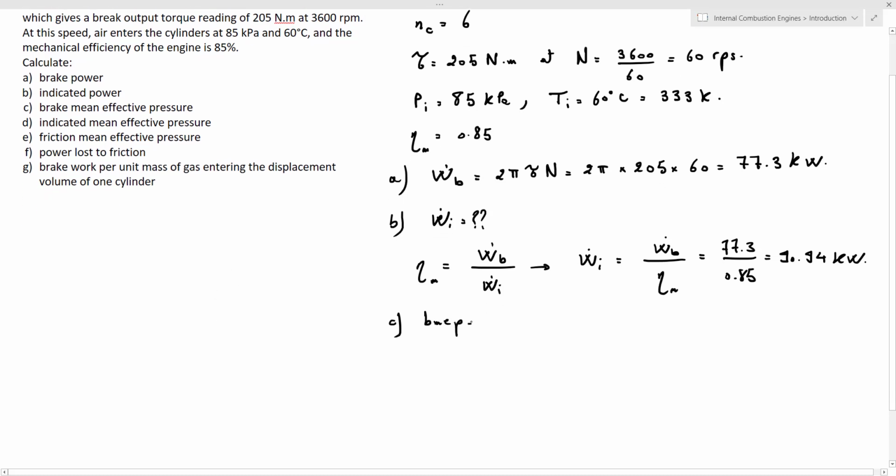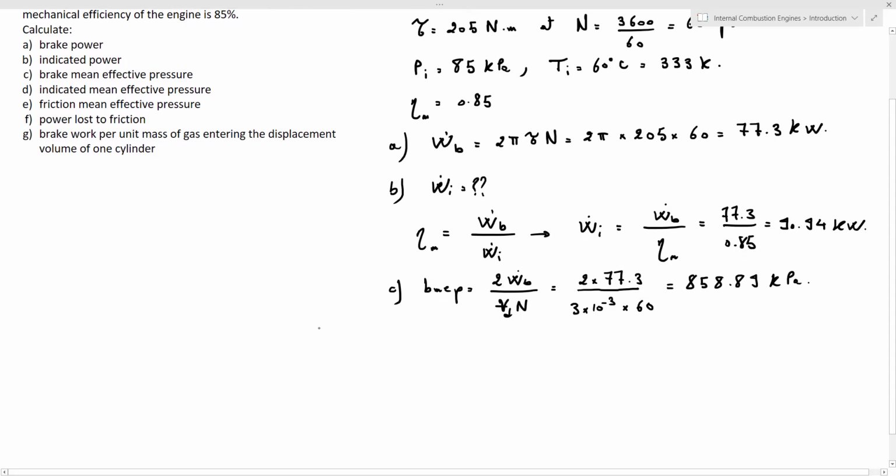So the BMEP for a 4-stroke engine is 2 W dot B divided by V_D N. So 2 times 77.3. Here I will leave the brake power in kilowatt, and as a result we will obtain a brake mean effective pressure in kilopascal, divided by the displacement volume, which is 3 liters. So 3 times 10 to the power minus 3 to convert to cubic meters, times the engine speed. So the BMEP in this case will be equal to 858.89 kilopascal. Now the indicated mean effective pressure, the IMEP,